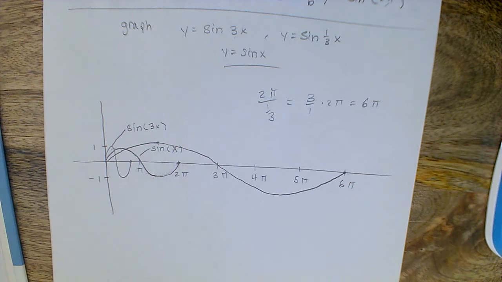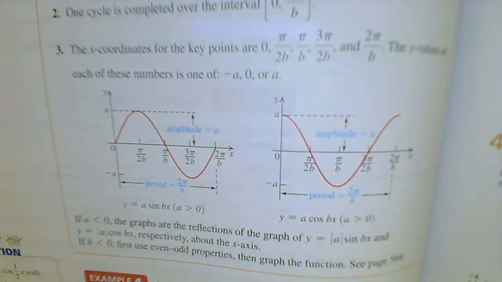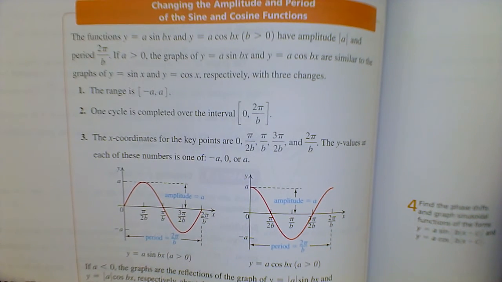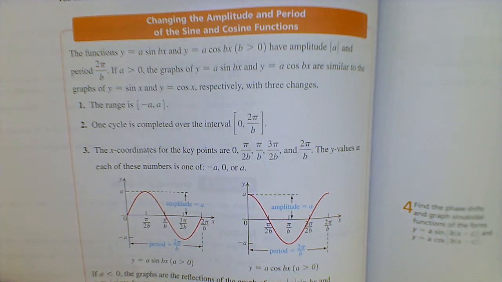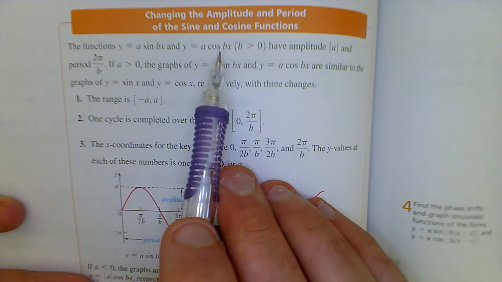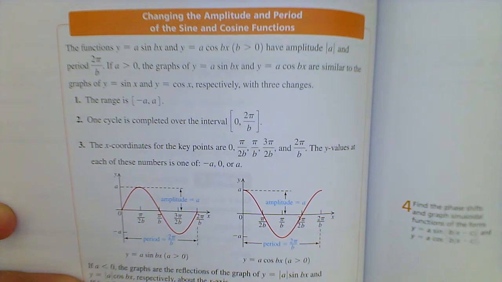Okay, so the same thing is true for the cosine function. Okay, so some tips here for graphing sine and cosine, with the change in amplitude and the change in B. So if we look at this nice table, this is on page 566. So if we have y equals a sine of bx and y equals a cosine of bx, where b